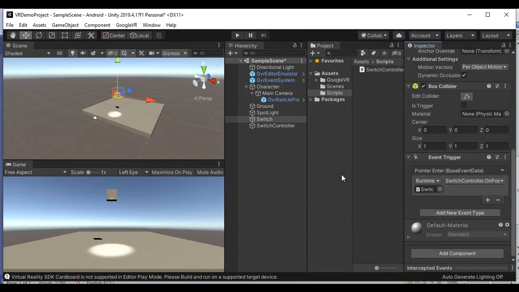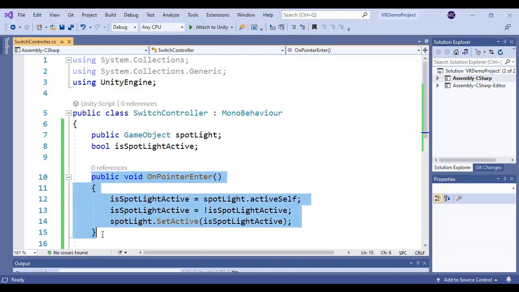So what happens when we move the reticle pointer on the switch? When we move the reticle pointer on this switch game object, which is actually a trigger object, it triggers the pointer enter event. And from the SwitchController script, the OnPointerEnter function will be executed.